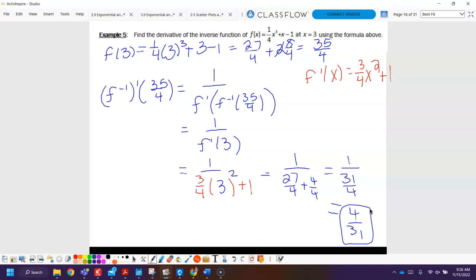And then the last one is the table. So the table and the formula really go hand in hand with each other because, again, they make a whole lot of sense when you do a table with a formula. So the idea is that we have our original function. And we have